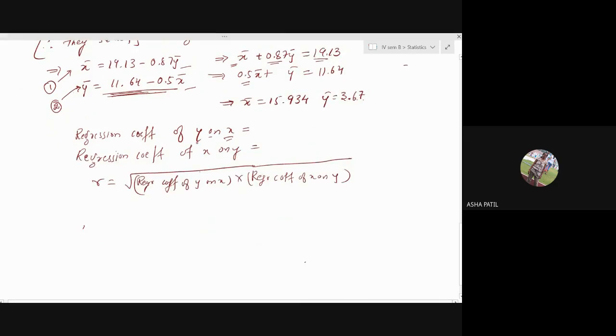When you write the line as y equal to, in terms of y equal to, that means it is this line. Let me just wipe these bars. Actually, you should not have bar while writing this. So from the given equations, y equal to we have written. In this, what is the coefficient of x that you have to consider?